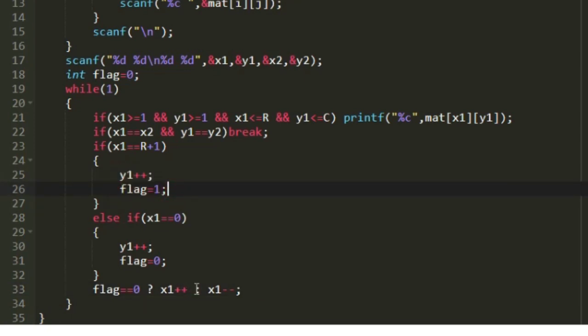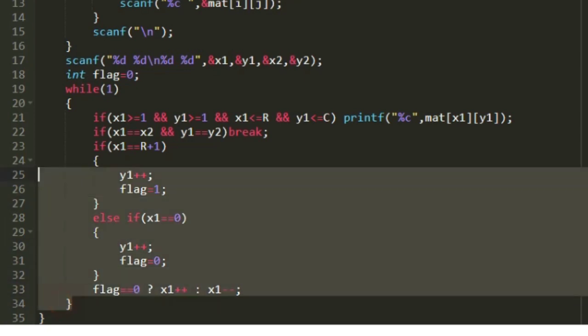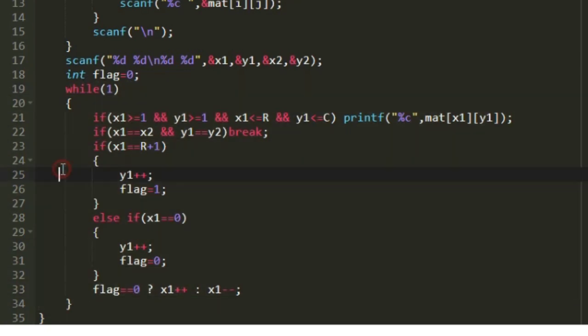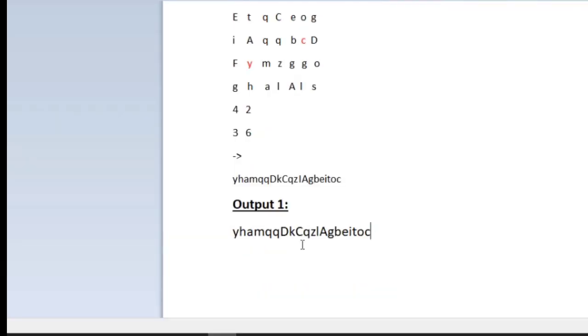When the value of the row variable is incremented, only then can we move to the bottom. So when the value of flag is equal to 0, the x1 plus plus condition would be executed. So this is how we would be iterating through the matrix from bottom to top and top to bottom. And when we are traversing like this, at one point we will reach x2 and y2, and in that case we will break. Now let us check our program with sample test cases.